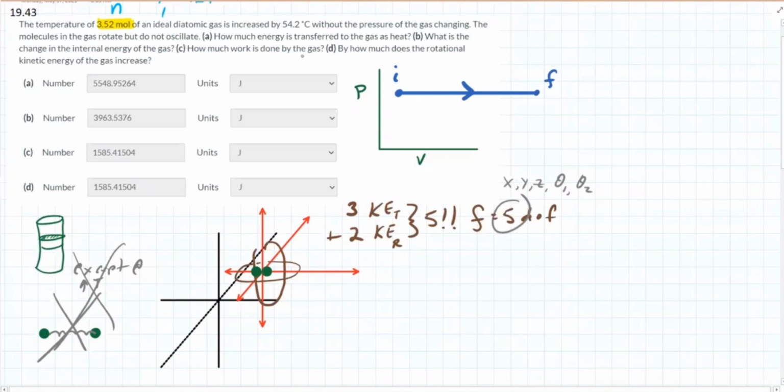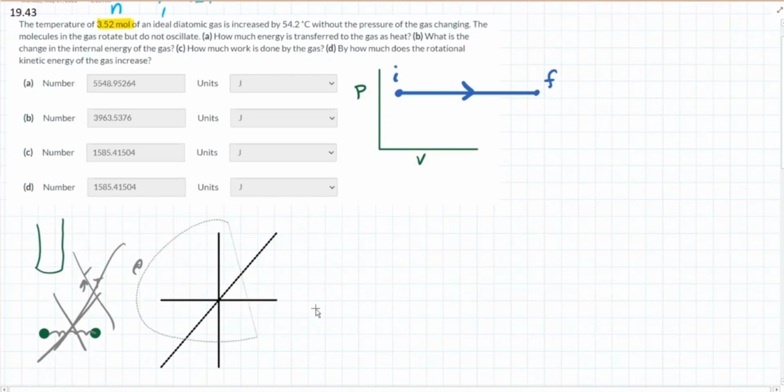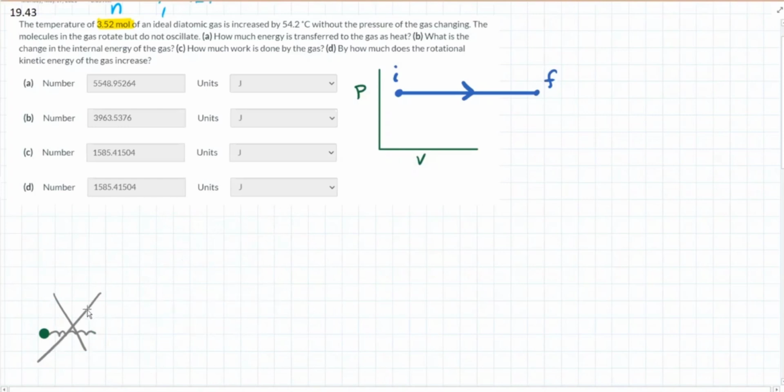Okay, so how much energy is transferred to the gas as heat? Let me get rid of all of this backstory stuff. So all of that's background. All of that's just a brief thumbnail of what I talked about for probably 8 straight minutes in the lecture video. But good to get it in multiple doses,